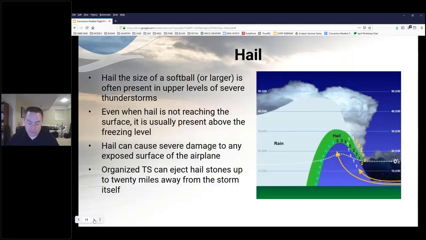We'll now take a brief look at particular aviation hazards possible with any type of thunderstorm. We'll start out with hail. Hail is basically particles of ice that form in a thunderstorm as liquid water droplets freeze as they are lifted above the freezing level within an updraft, and then they grow in size as they are cycled through the updraft multiple times. These may grow up to the size of a softball or larger with the upper levels of the severe